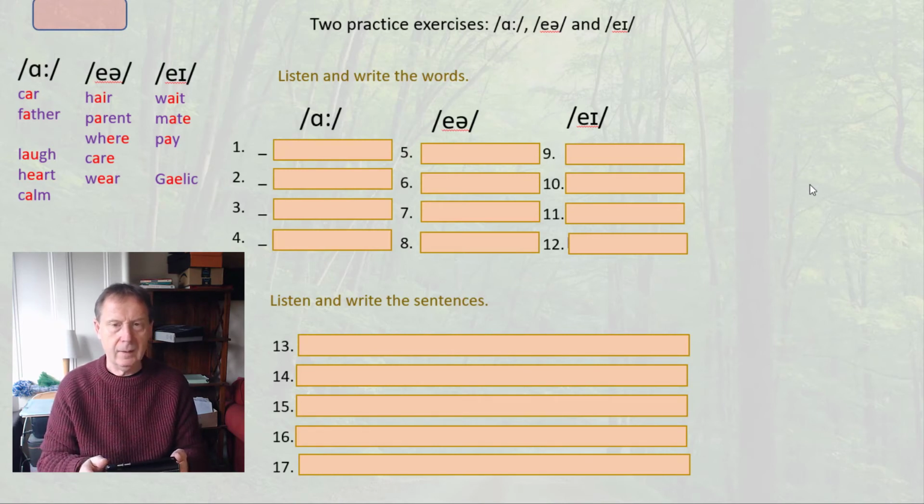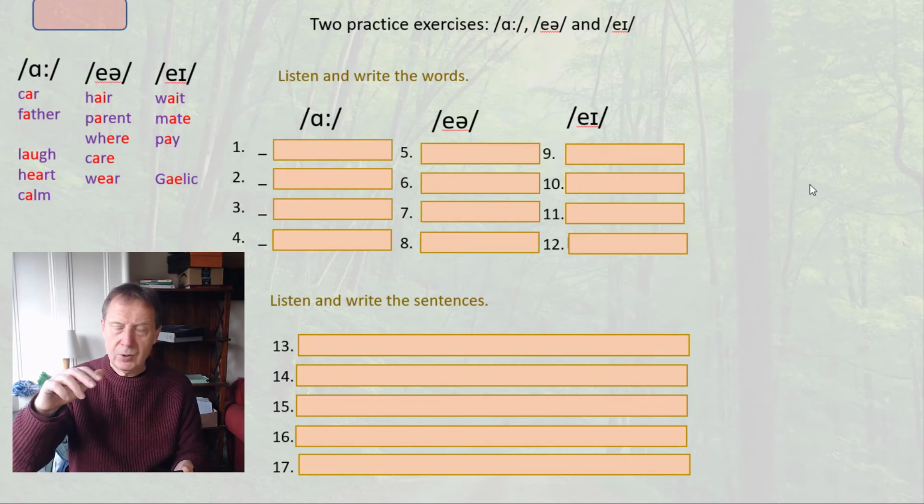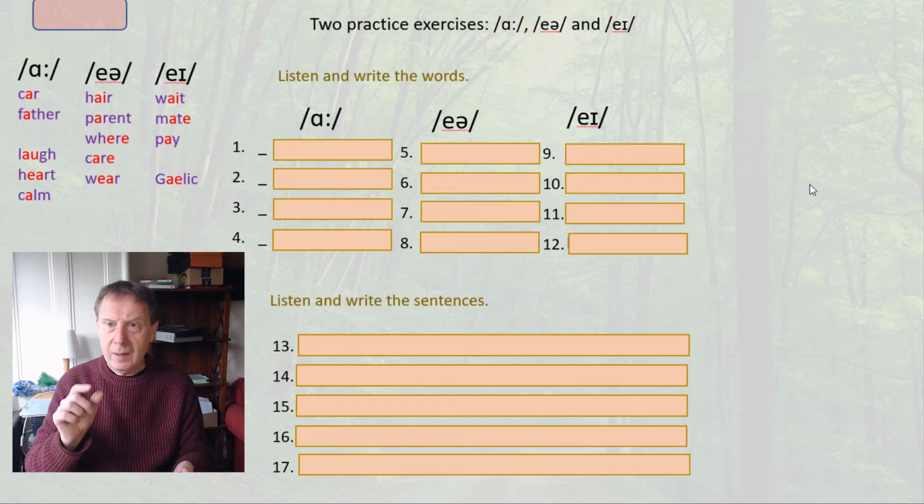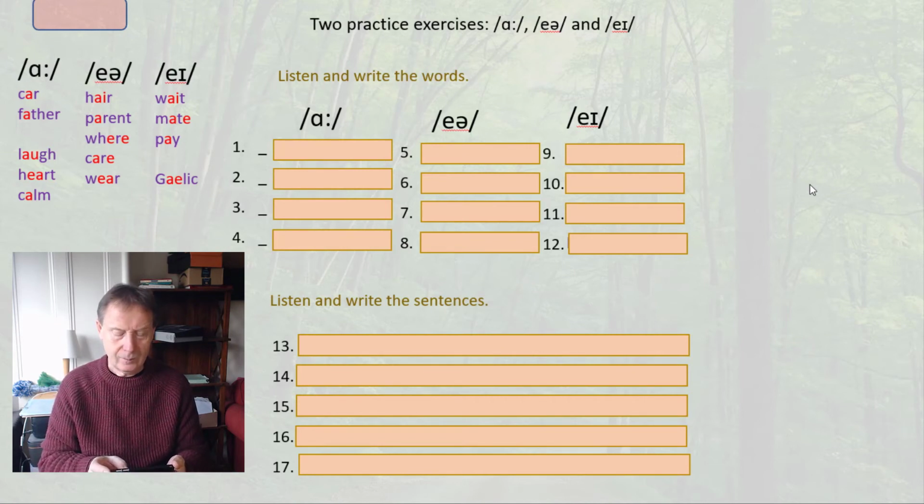Number 8, stare. Now this is different from number 5. Number 5 is in a house, when you go up and down, that's a stair. Number 8 is also stare, but this one is when you look at something for a long time. Number 9,